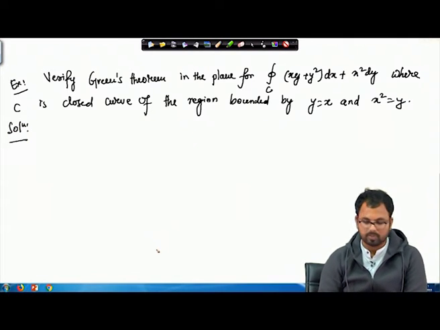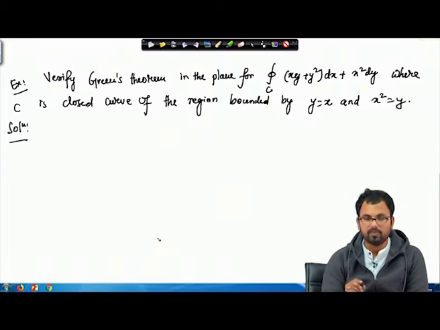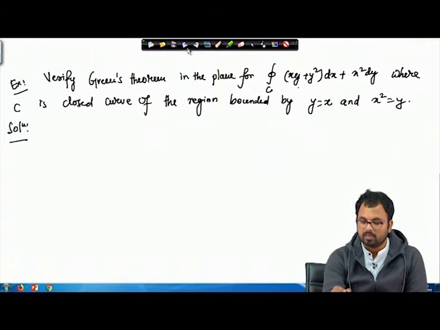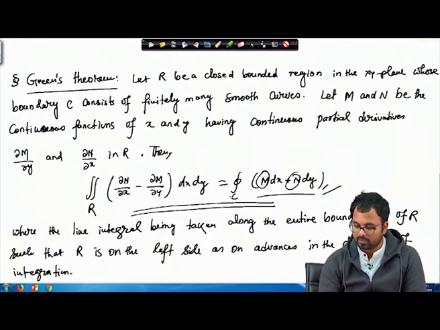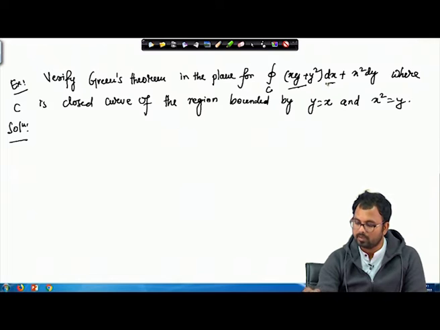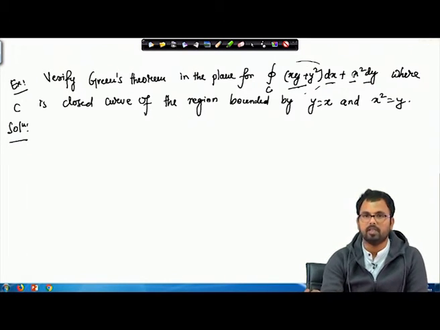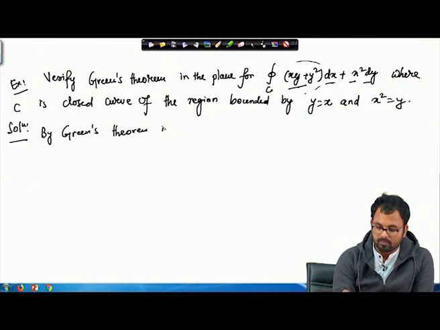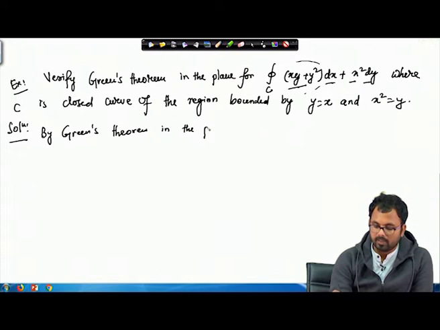All right. So, first of all, in order to verify Green's theorem, we have to identify what is our M and what is our N. So, let us look at the statement. In the statement it says that you have a circulation, or let us say line integral, M dx plus N dy. So, here you have dx and then this thing and then you have dy and then this thing. So, that means this must be our M and this must be our N. So, by Green's theorem in the plane,